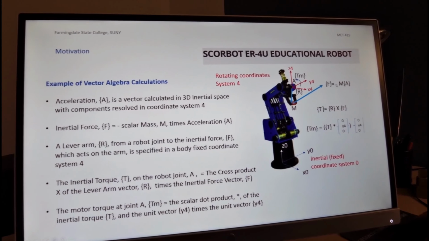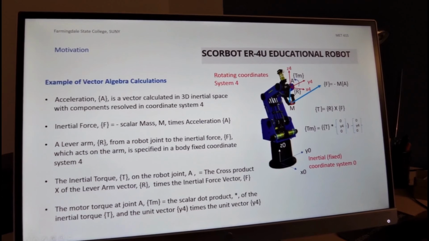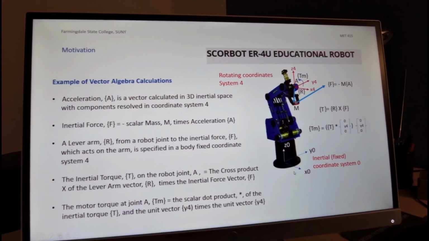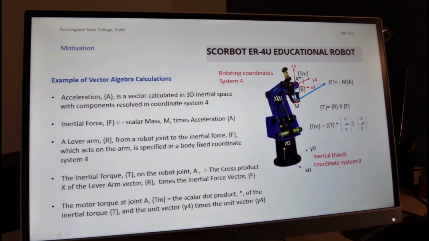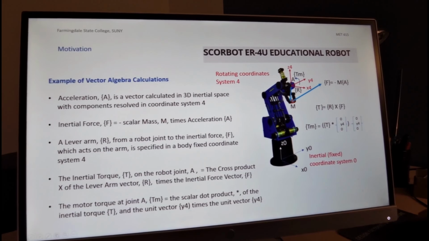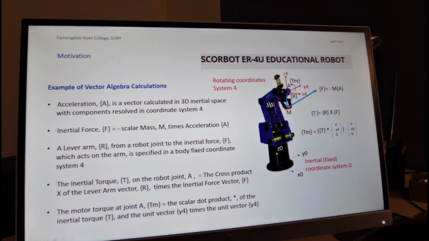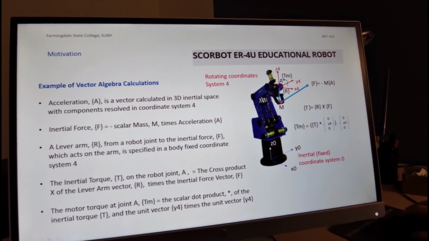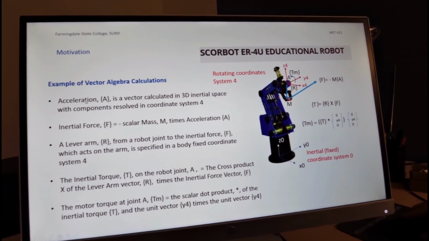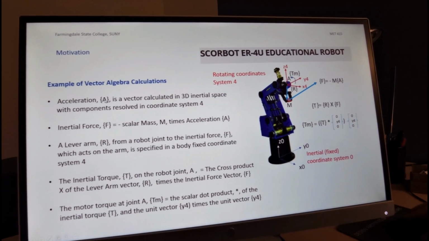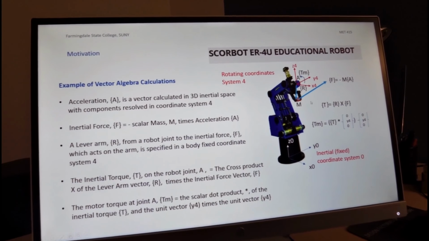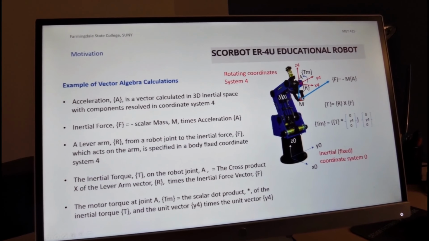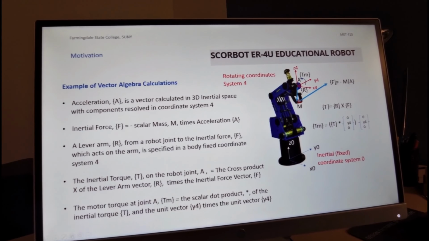What we have here is an example of our educational robot, and it has an inertial frame fixed to the shop floor. It has a base over here, and over here up at the gripper it has a moving coordinate system, which we call coordinate system 4, x4, y4, z4. Now in this example we have an acceleration vector A, and it is calculated in the inertial coordinate system. And the inertial force is equal to the